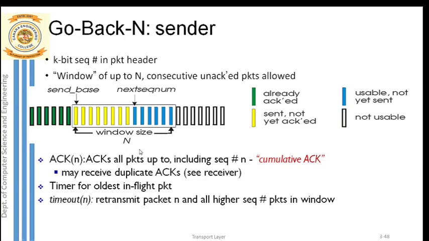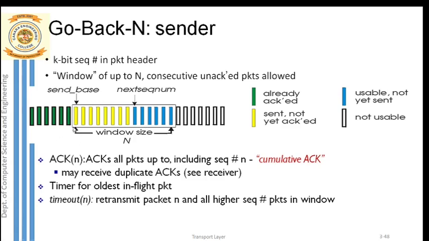Why? Because this entire window size should be how much? 14. So if one packet is out of the window from the left side, when will the packet be out of the window from the left side? Only when the acknowledgement for that packet arrives. When one packet is out of the window at the left side, one packet will be inside the window from the right side. Why is it arriving inside the window? Because the window size should not be less than 14. So the window size should be equal to 14. That is why one new packet will come inside the window.